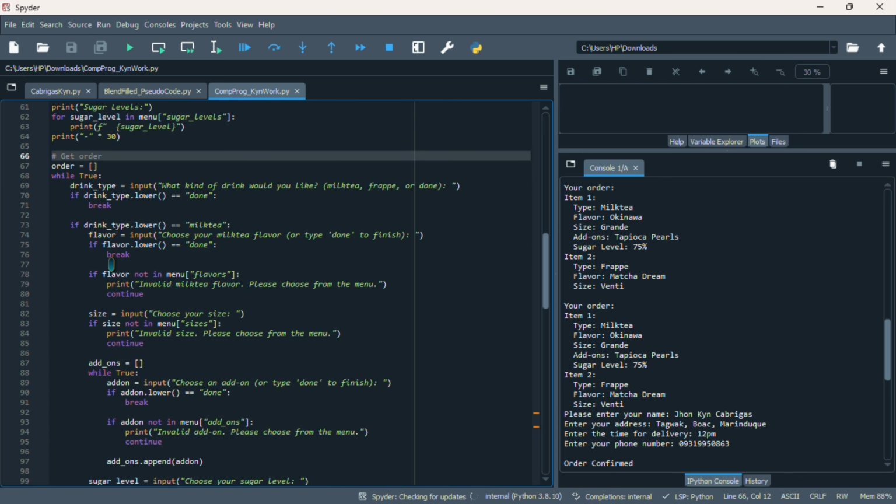So let's go on to the stage where the system gets our order. The system will ask, what kind of drink would you like? The choices are milk tea, frappe, or you can choose done to end the order.